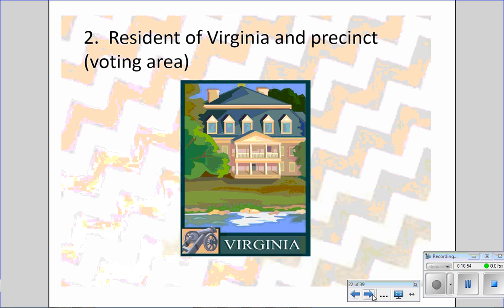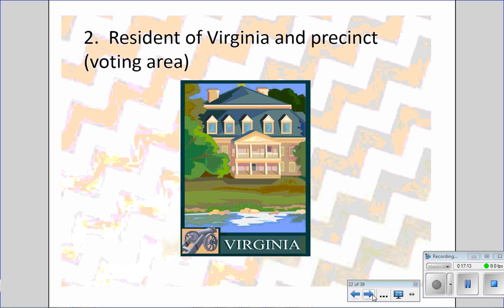I think I go to my daughter's elementary school to vote. That's where my precinct votes. But I think almost all precincts are as small as the area that the elementary schools go into. I think elementary schools are pretty common voting areas. Your precincts might be different from street to street.